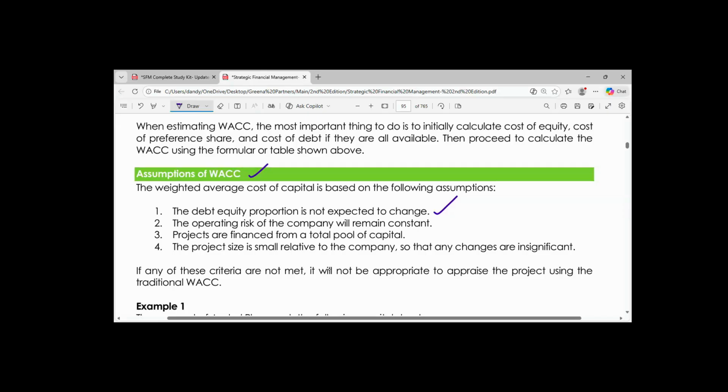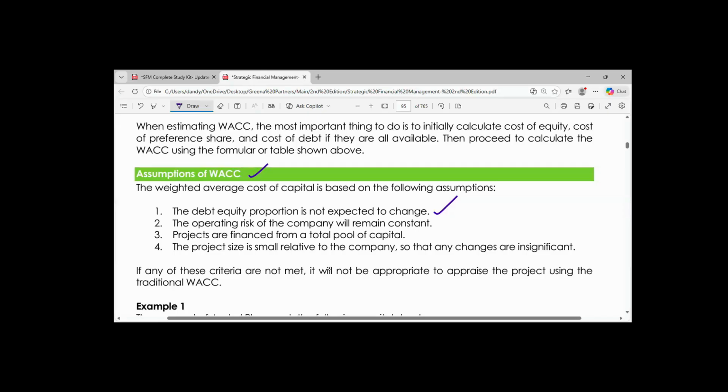Third, projects will be financed from the total pool of capital. We are saying that projects will be financed from the company's total pool of capital, that is, from the information on the capital structure. Lastly, project size is generally insignificant relative to the company's size. So what that means is that any change will not be material. It won't have much impact